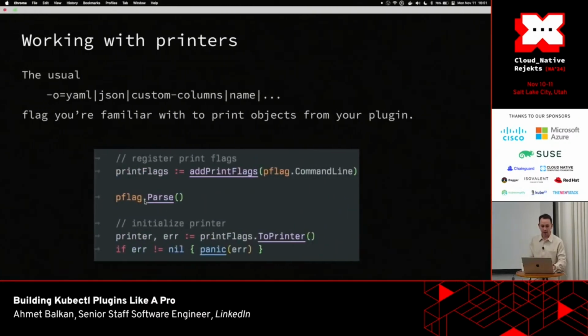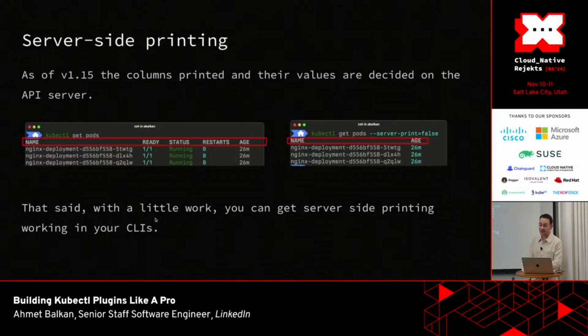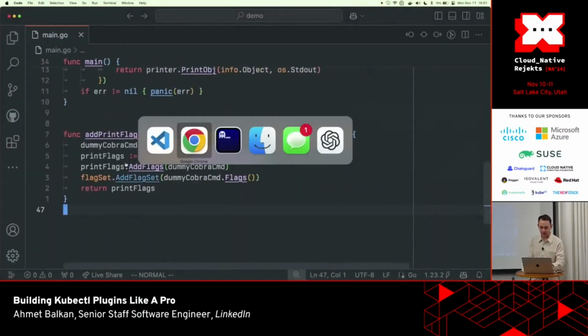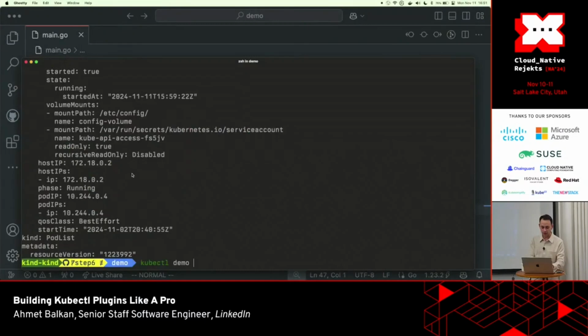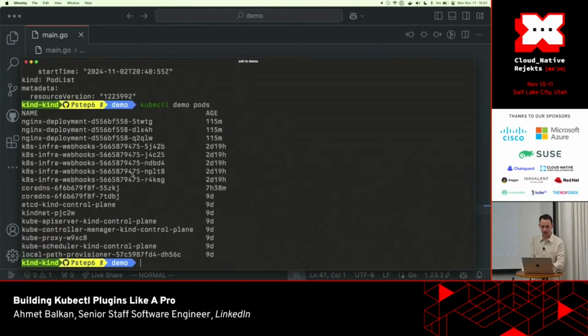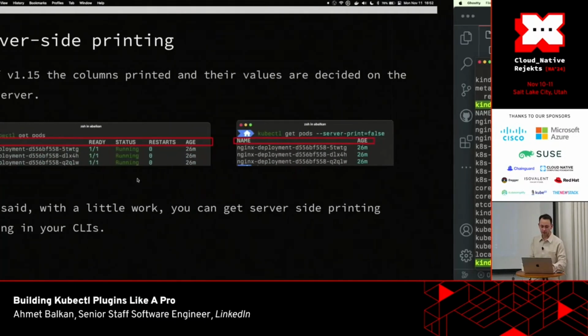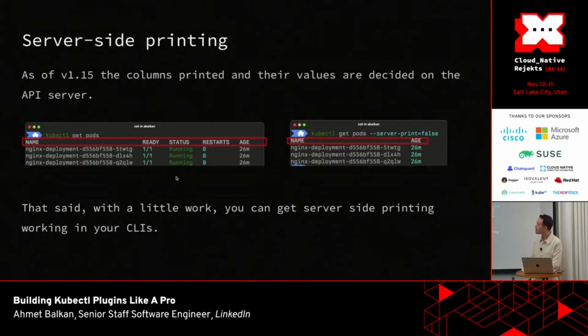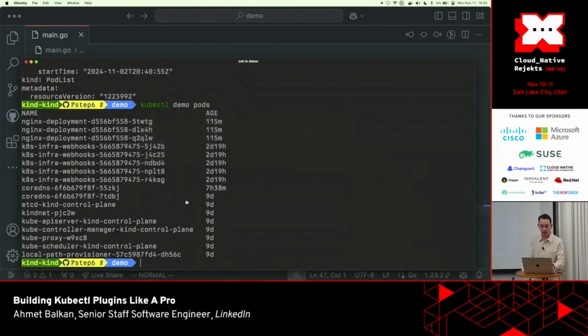Keep that in mind. Okay, the next thing is server-side printing. This is another funny thing. When I was just showing you the demo, did you notice that the kubectl get demo pods command didn't show you anything about pod readiness or how the pods are doing? Well, that's because as of some Kubernetes version, I think 1.15, Kubernetes does the calculation of what columns show what value on the server side. That little running column over there, there's 100 lines of code behind it. So don't try to replicate it. What you can do is still get it to work in your CLIs, and that brings us to our next step, which is